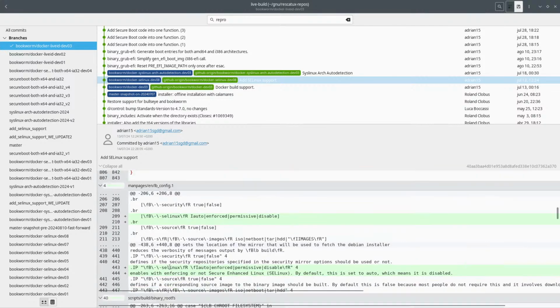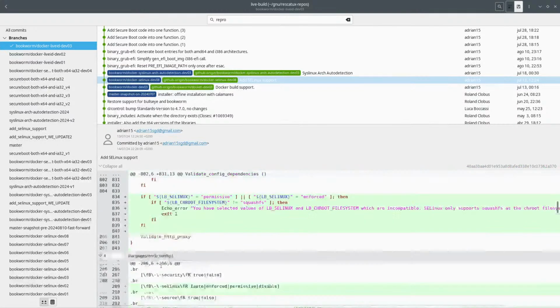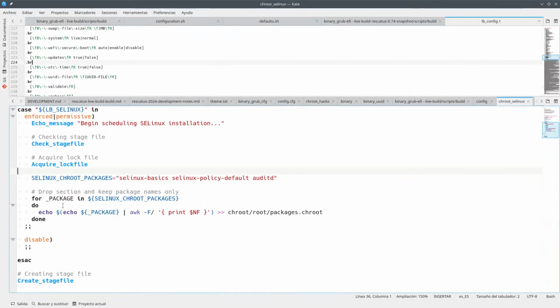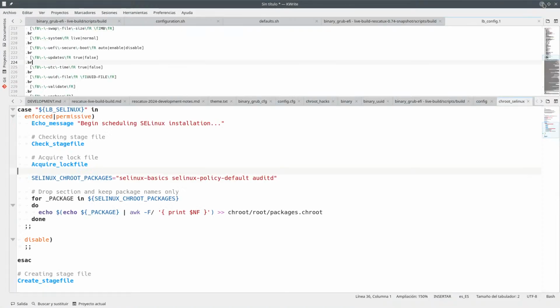Instead of using this the man page, having it here. Let me read this properly. Please notice that, warning. Okay, so this is a warning, and untested code path is used. Okay, then I think that yes,